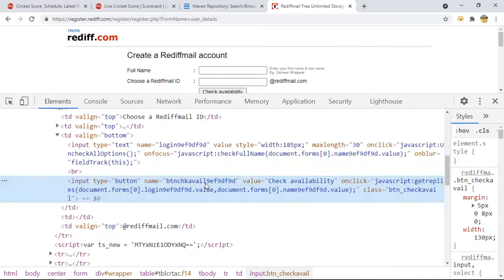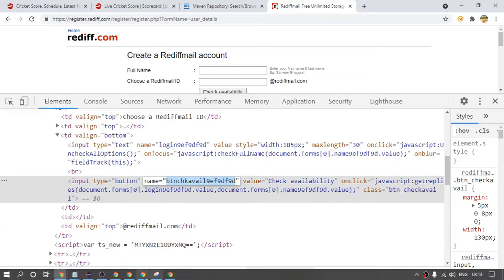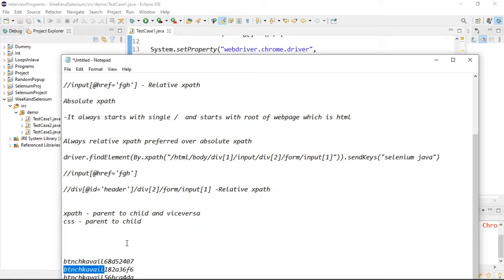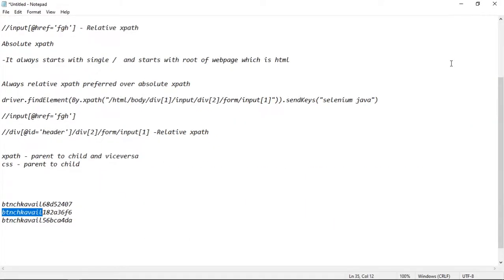But here you can see if I copy it and paste it here, this value keeps on changing, this value keeps on changing, but the previous value is constant. In that case, XPath provides one function, which is starts-with.